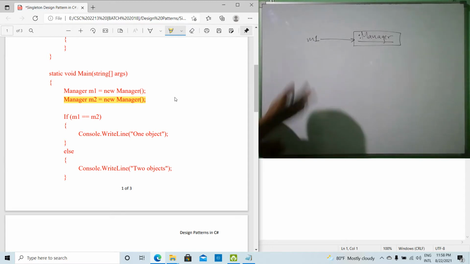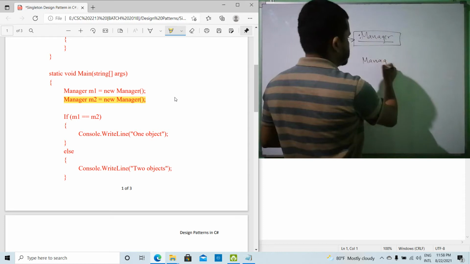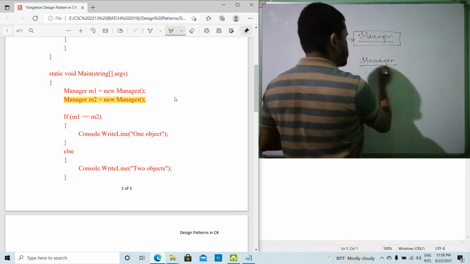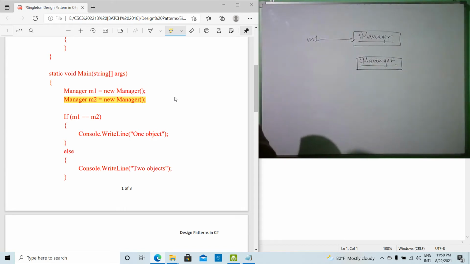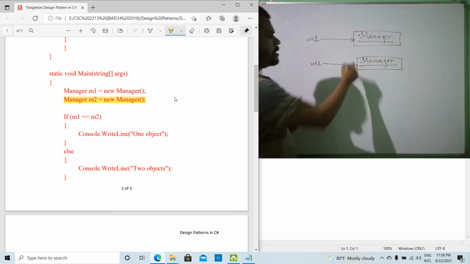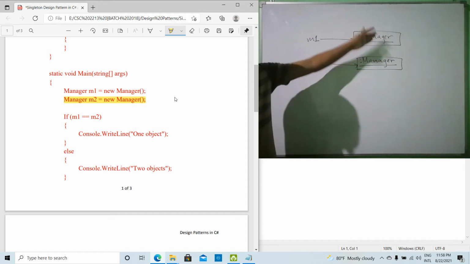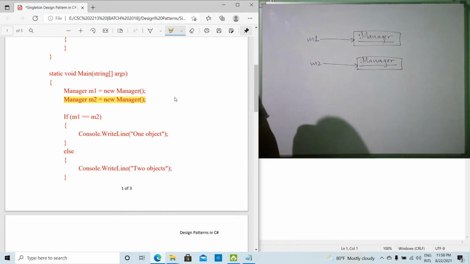Then another object from the Manager class is created, and its memory location is stored in the m2 variable. Now you can see two different objects have been created. So if you check this condition,